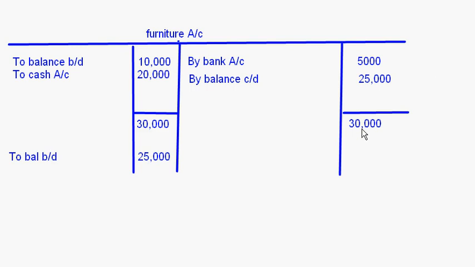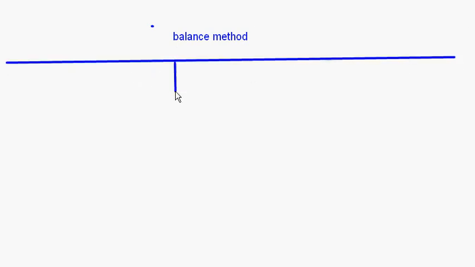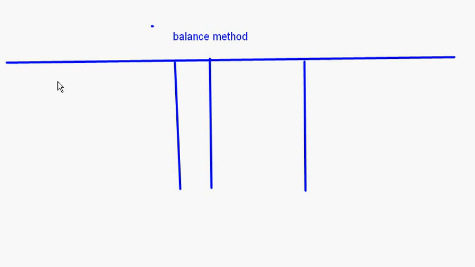Now this is the furniture account that we have. Now if I want to transfer this, put this furniture account in the trial balance according to both methods. First of all, the balances method. The trial balance format will be the same as I showed you. The head of account will come, then the ledger folio number, that is the page number in the ledger where that account is appearing, right? So here I write furniture account, furniture,